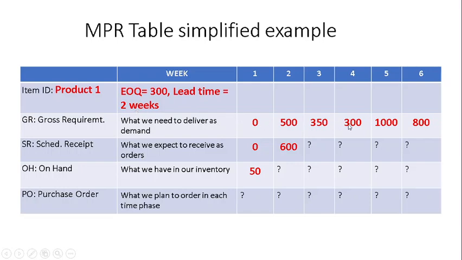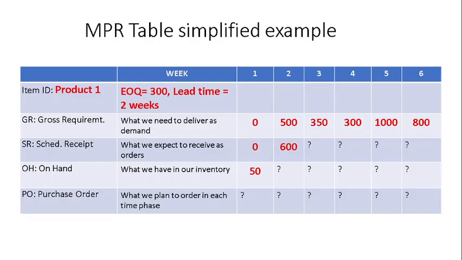So here I have filled some values regarding the demand that we expect for every week. For the first week, we're not supposed to deliver something. Second week, 500 items of product 1. In week number 3, 350, and so on. So as you can see here, this is an estimation of what we are expected to deliver from our production line. Now, the scheduled receipt shows if we have already placed some order and we expect